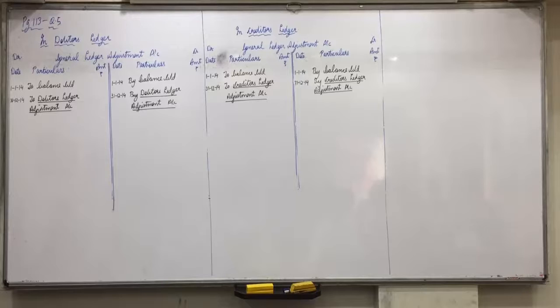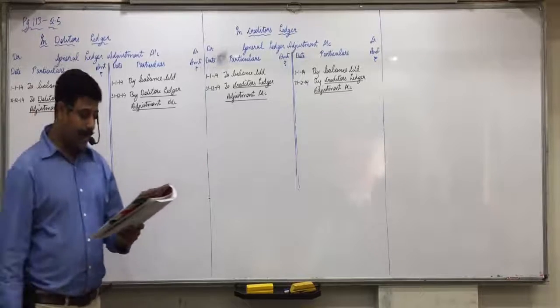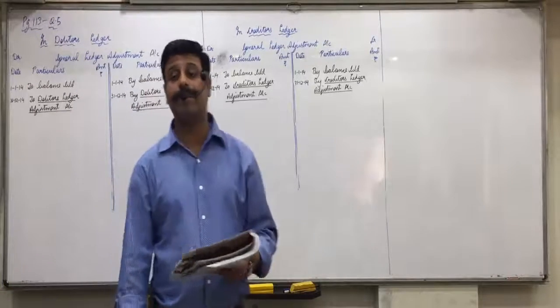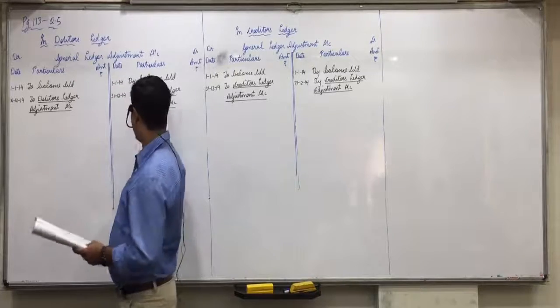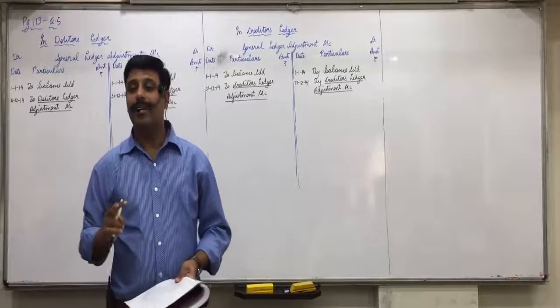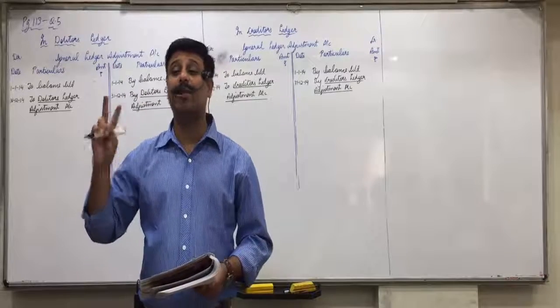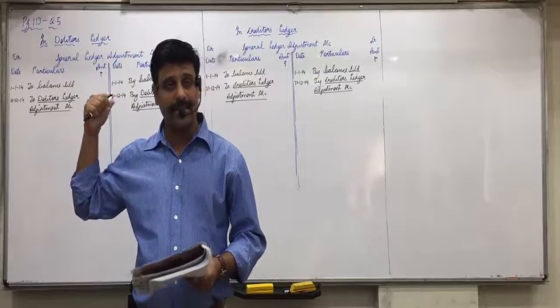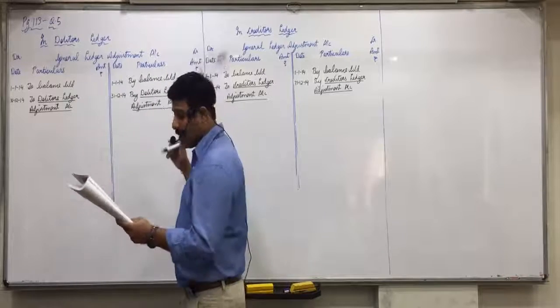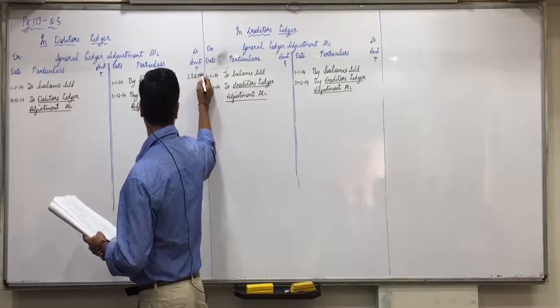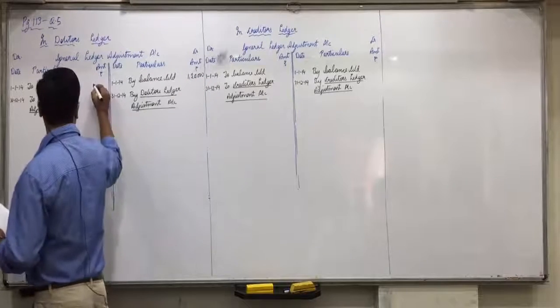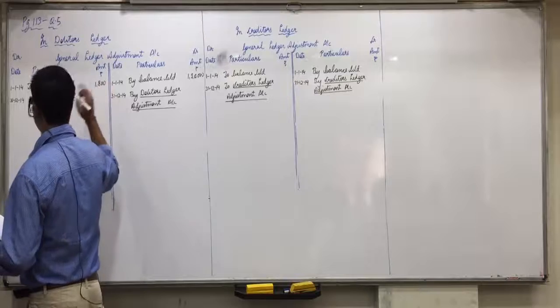Debtors as on January 2014. Remember, are we making a direct account or an opposite account? Opposite. Himanshi, 1,20,000 debit. Debtors account, general ledger adjustment, level direct? No, credit side. In the debtors account, the debit balance would come on the debit side, but since we are making a general ledger adjustment account, the debit balance will come on the credit side, and the credit balance will come on the debit side. Did everyone understand this? Remember, we are making an opposite account.